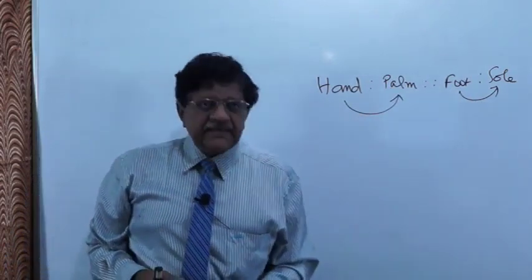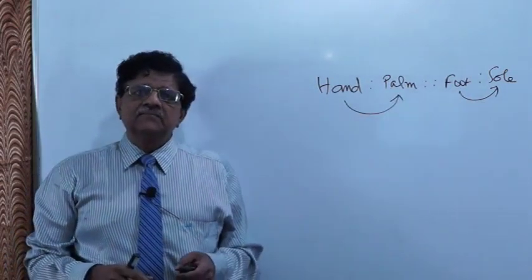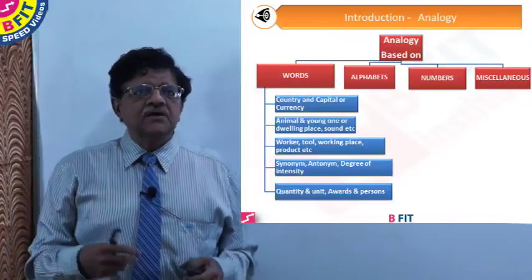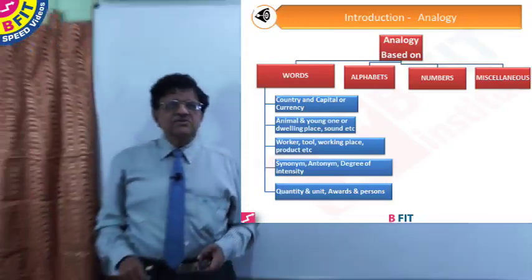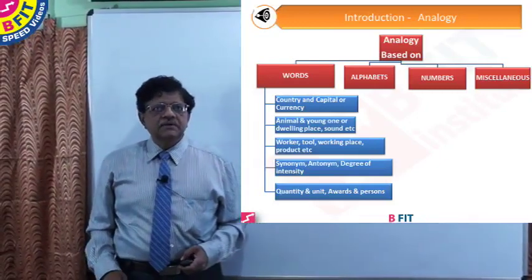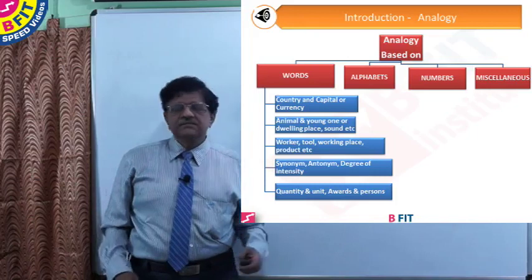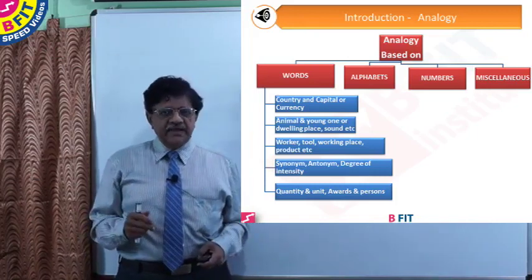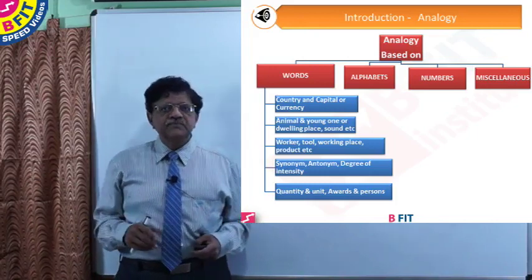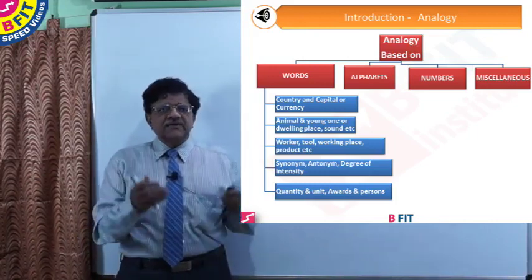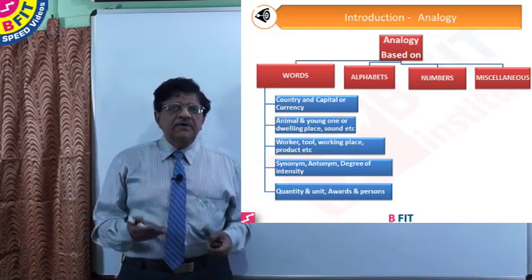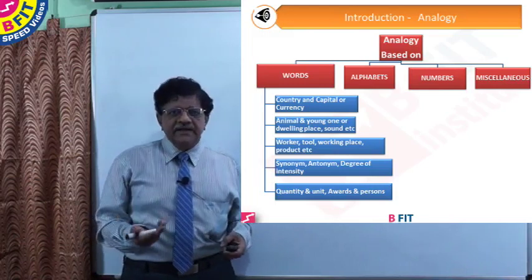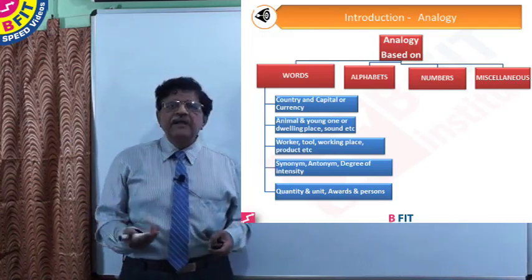Analogy questions can come from several areas. Broadly, analogy questions are based on words, based on alphabets, based on numbers, and based on miscellaneous. These are the four broad categories in which analogy questions can come. Under words, there are several sub-categories. It may be country and capital, it may be country and currency, it may be animal and young ones,